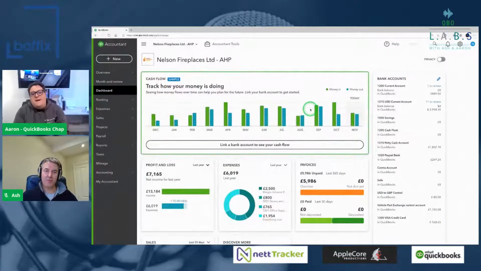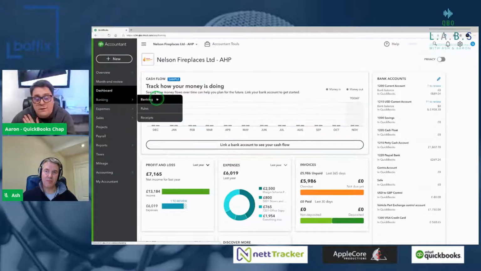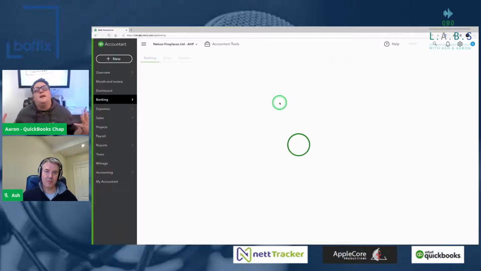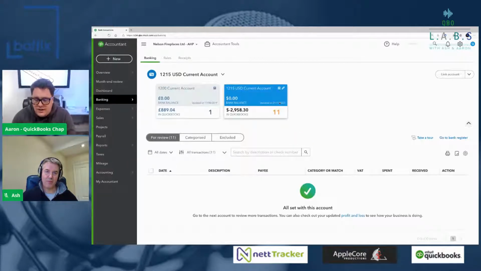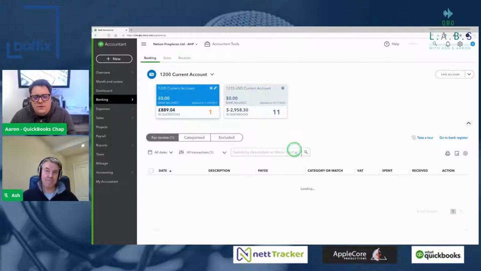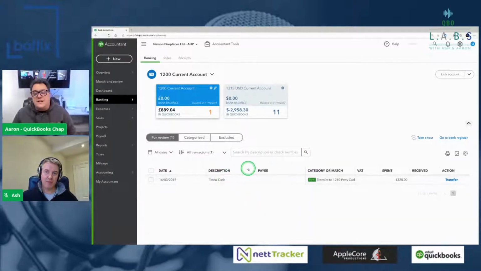Okay, so basically what this is all relating to is we spoke about, the last time we were on, how the banking screen has drastically changed. And with that's come a load of new features. So we're actually really happy with the majority of these changes because it's making our life easier. What we found is that there's ways in which we can speed up processing transactions, and we've been able to make things like rules much more easily than we've ever had before. And overall, the experience has been really, really positive with it.